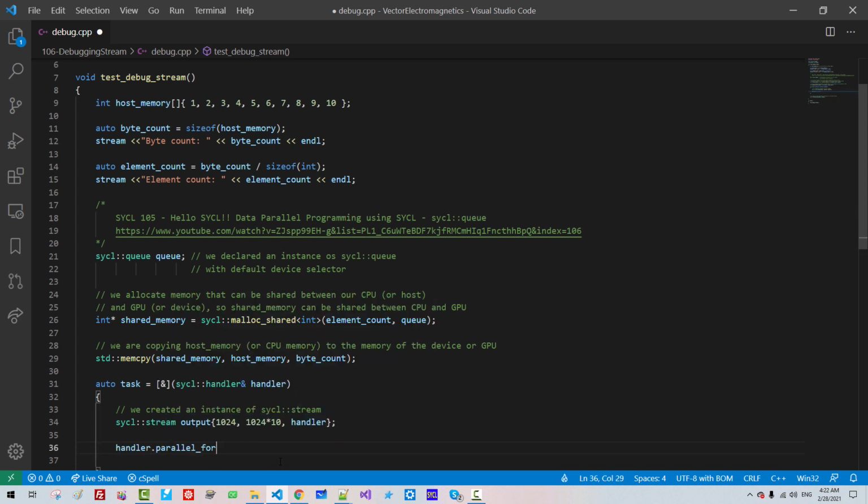parallel for, we provide SYCL range. We captured as reference. We provide element count here. Then we create a lambda. Don't forget the semicolon. Now here